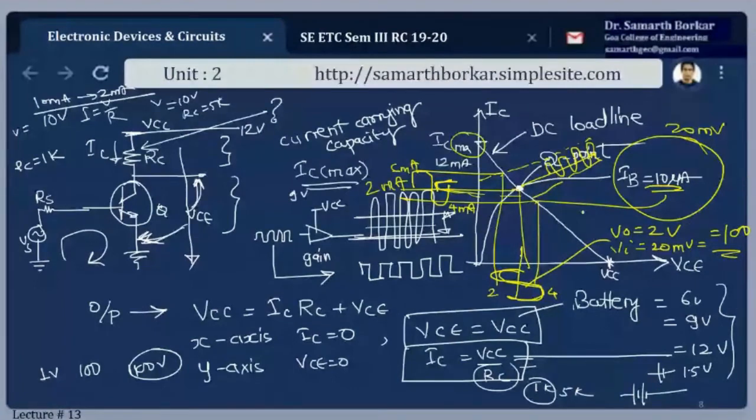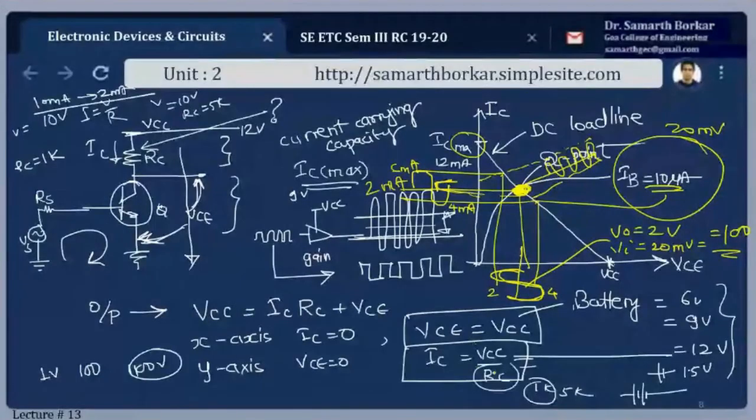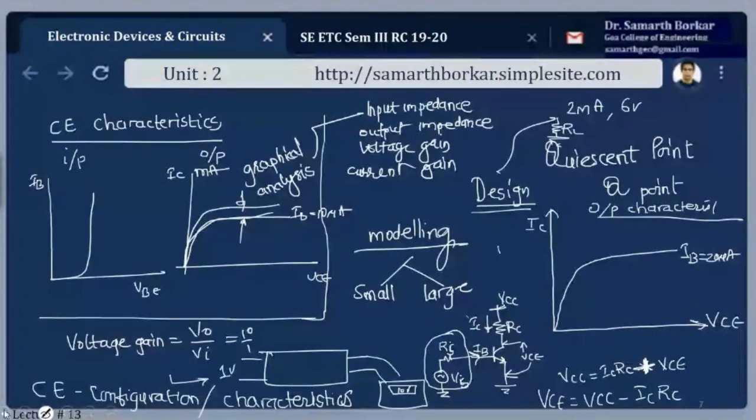Fine. Now why all these things are important here? This value of Q depends, meaning this point should not shift. If it starts shifting, then I might get this as one case. See, first of all, when this Q point shifts, VCC will remain constant. Fine. By chance your RC changes, then it can come here. So your entire design has gone faulty. So now this is what I was trying to explain.